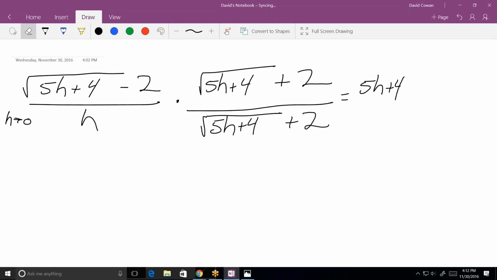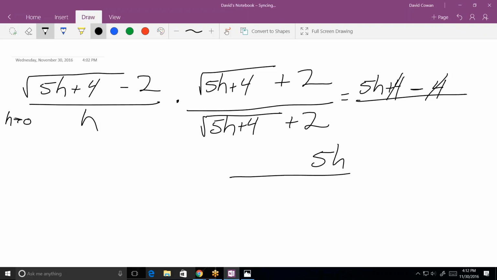The b is 2 in this case. So look what we have: the 4s cancel, and we end up with